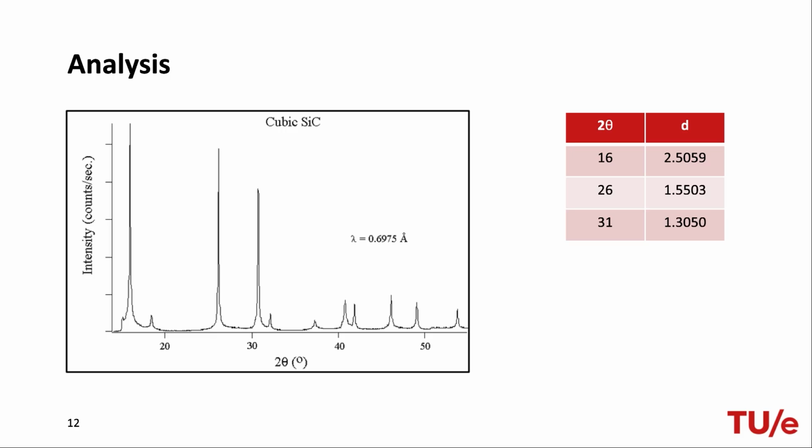The intensity of the peaks via constructive interference is related to the amount of phase with that specific spacing. The greater the intensity of the peak, the greater the number of atoms arranged with that particular spacing. In other words, the intensity of a specific peak correlates to the amount of one particular chemical species within the sample. After analyzing all the different peaks together, we can determine the composition of our sample material.